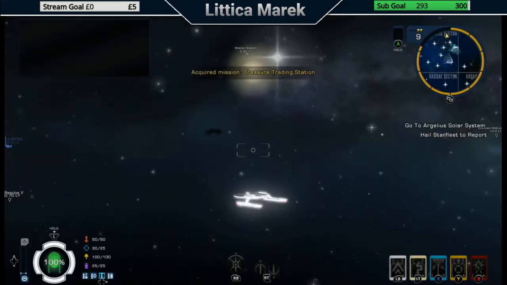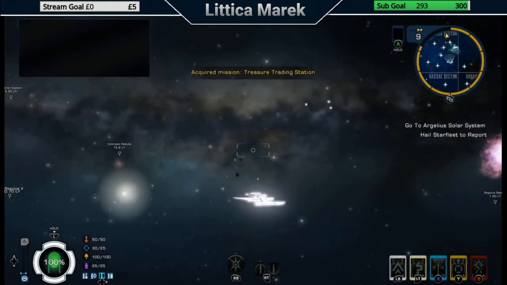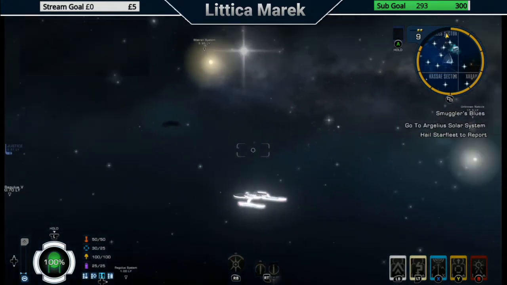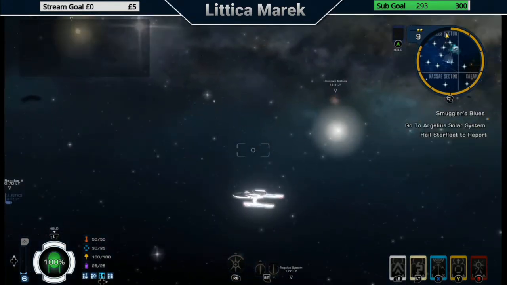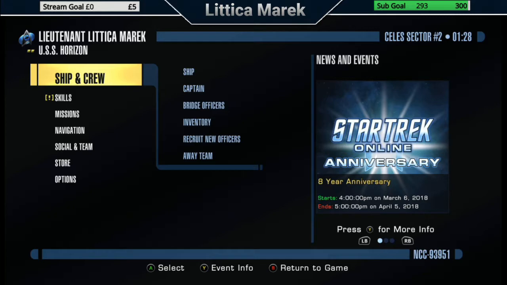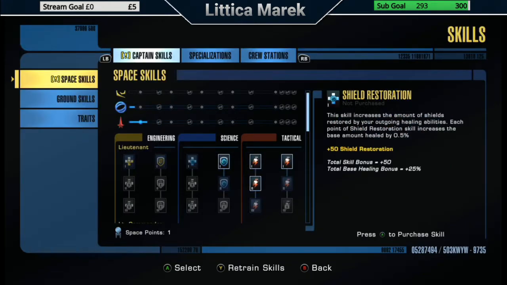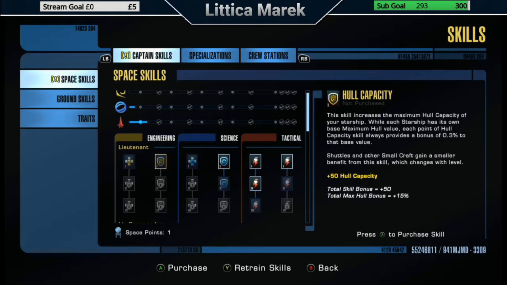Except, if I remember right, in Treasure Trading Station, if you have some dilithium, you can skip a good deal of it. You may even get an accolade for doing it. But I can't remember, because I very rarely had dilithium by that point. Not dilithium, gold pressed latinum at that point. So we may be making a quick trip to a place where I can get some gold pressed latinum, just so we can do that. But first,